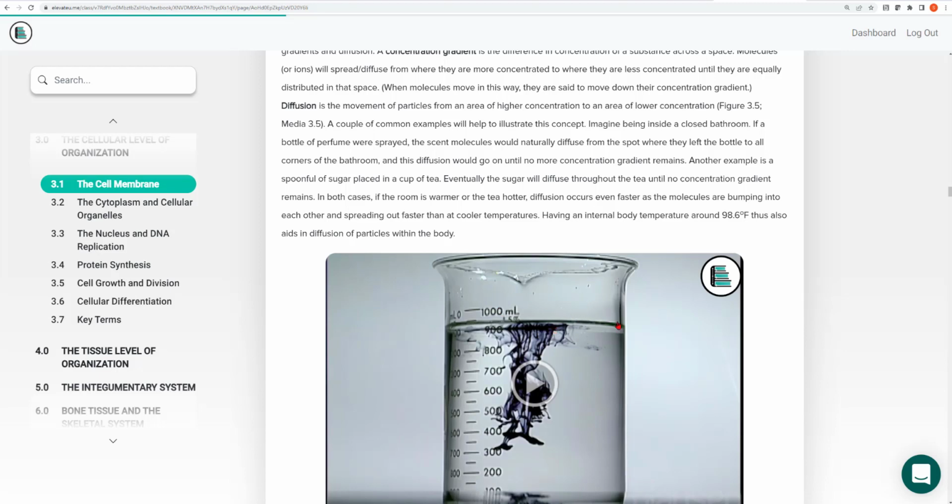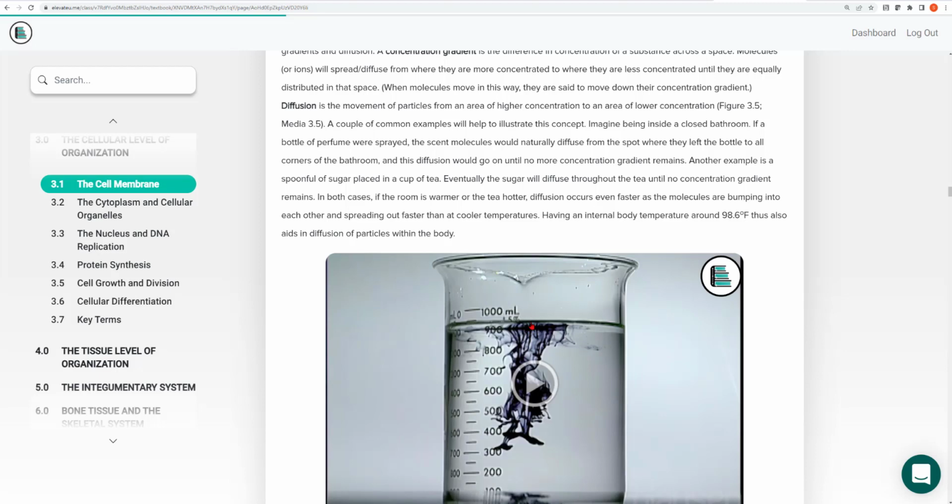We all know what's going to happen if I take a beaker of water and I drop into it a single dropper full of purple dye. What's going to happen? Right? That dye is going to diffuse through the water. The dye is going to move from an area where it was most concentrated. That is, when you put that dropper in first, that was the highest concentration of that dye. And there isn't any of that dye throughout the water.